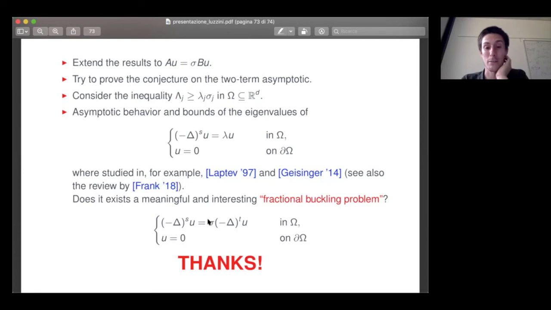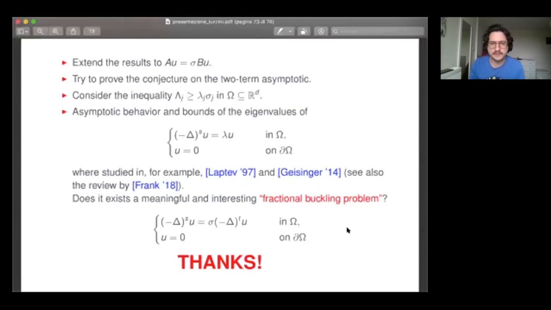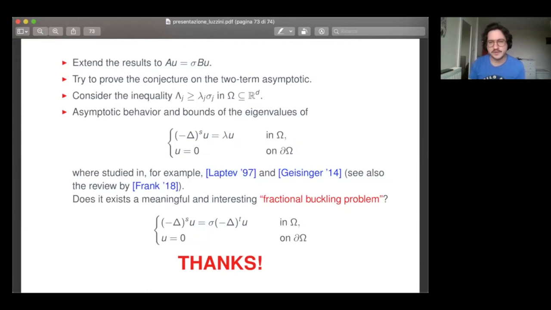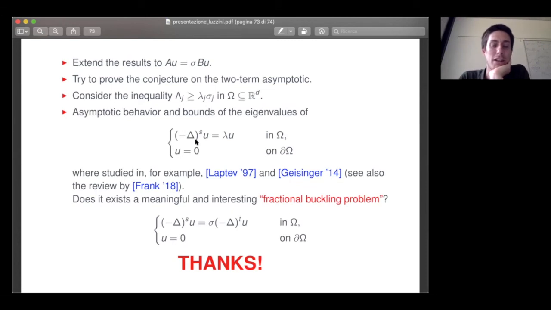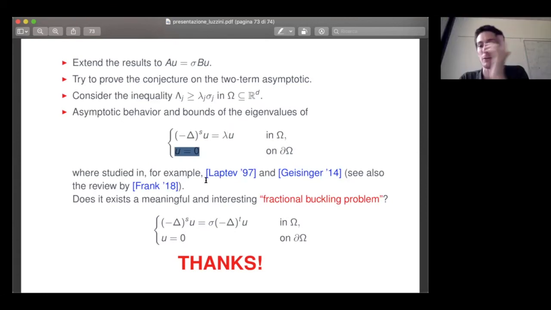There is an answer in the chat saying that for s greater than 1, you will need more conditions on the boundary. This was stated for s between 0 and 1, and yes, this case is for s between 0 and 1. By this I mean the natural Dirichlet boundary condition for the problem. Also, it's interesting to investigate the higher order fractional Laplacian, but of course one needs the meaningful Dirichlet boundary condition for it.